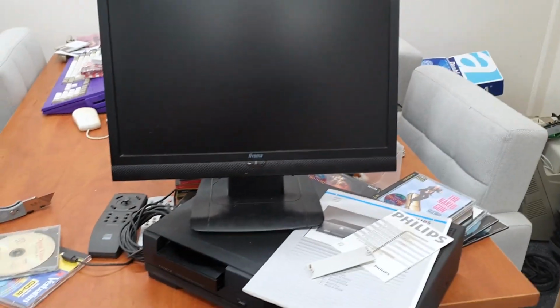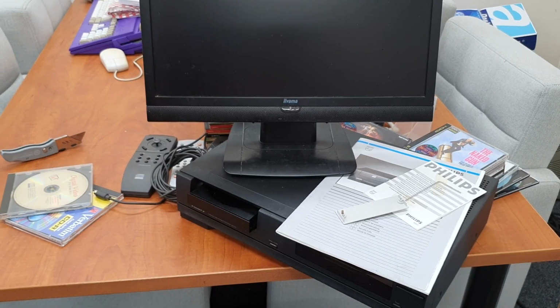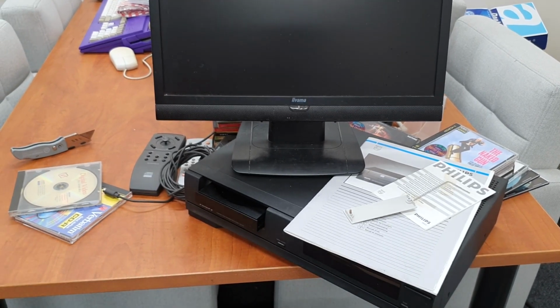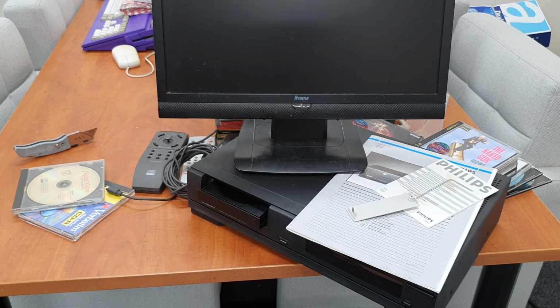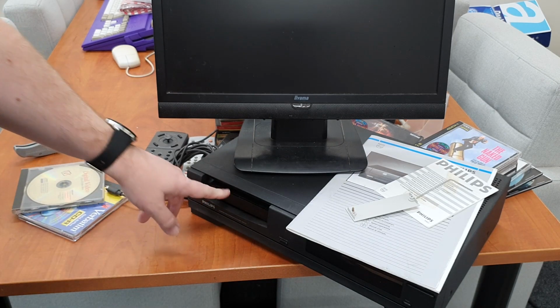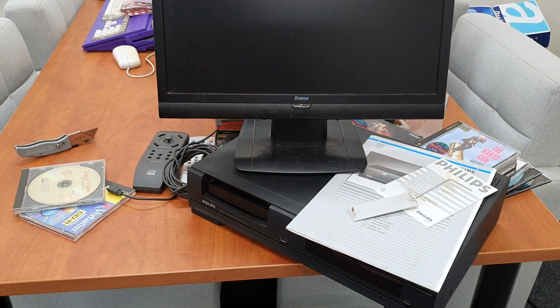Anyway, so yeah, we have this quite amazing big donation, especially a lot of CDI discs even. Thank you, Jaap, for this amazing donation. I love it, especially the huge amount of CDI titles. And don't forget, on December the 3rd of this year,